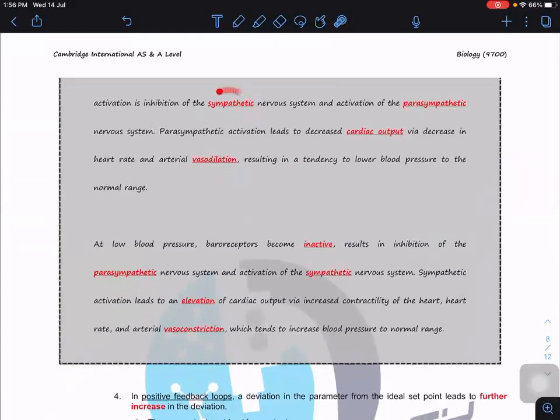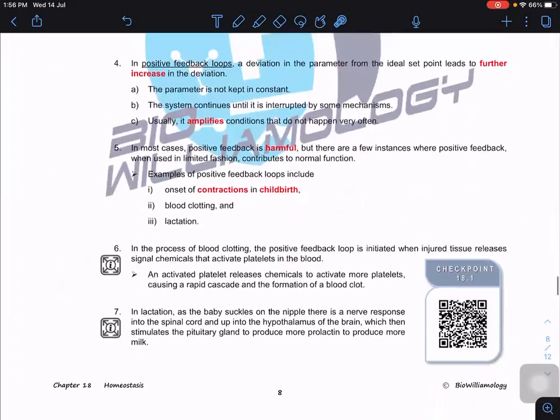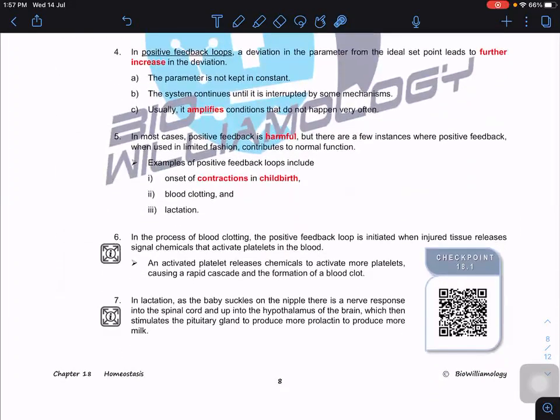Okay, so it involves the sympathetic and parasympathetic. There is a little bit of a problem here because in our syllabus, the sympathetic and parasympathetic nervous system will not be discussed. Okay, now to compare or to contrast with the negative feedback mechanism, we do have what we call